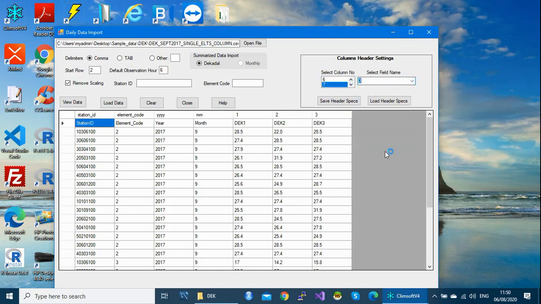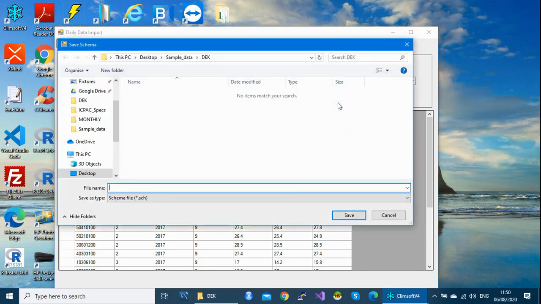So that's it. Our headers are there, but you are strongly advised to save the header because they can be reused. For another process, you don't need to match the headers again, but if you save this one, it can be reused.